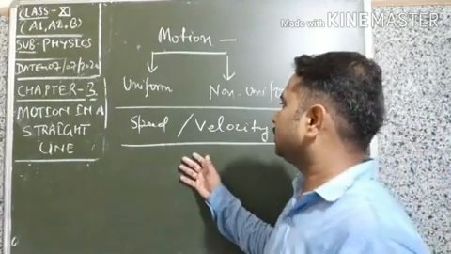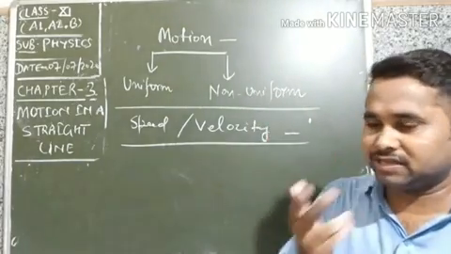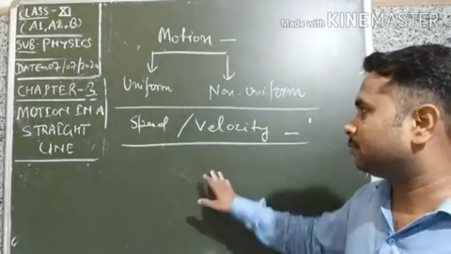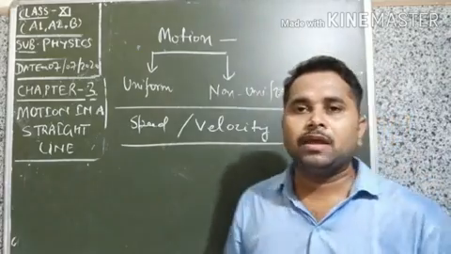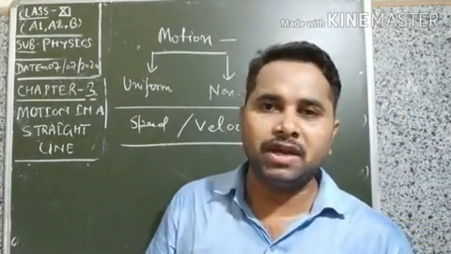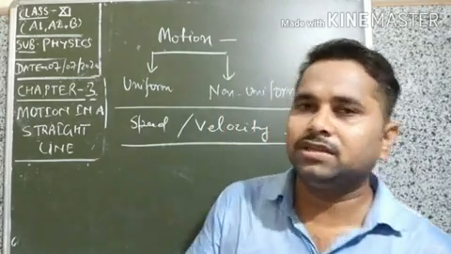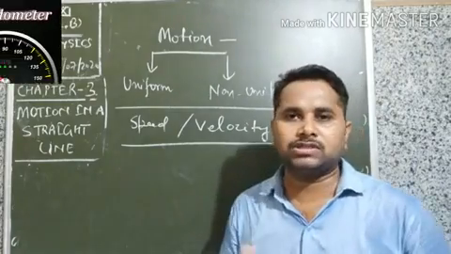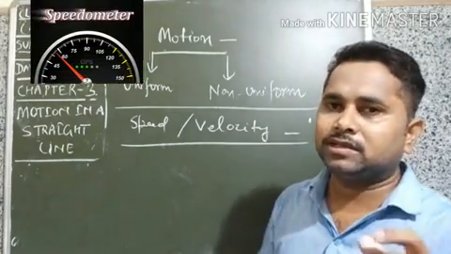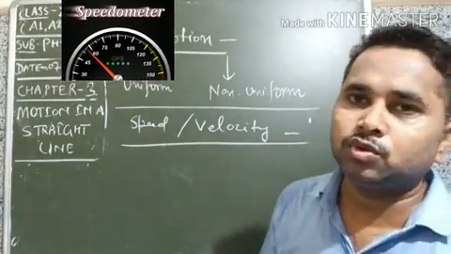Okay, you have discussed velocity and speed in class 9, you have used them before, and you have an idea about speed and velocity. But you should know the difference between speed and instantaneous speed. You have seen the speedometer in your vehicle, motorcycle or car. That is a device called speedometer. It is used to denote